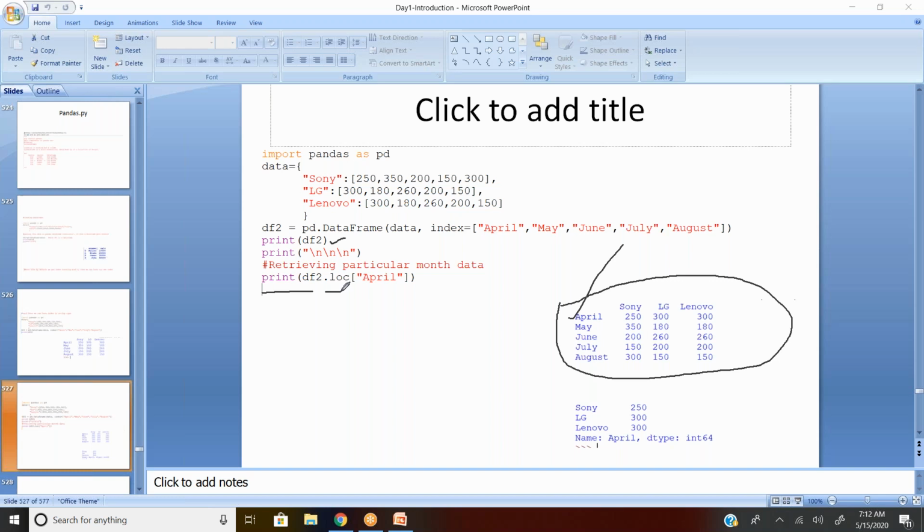There is a difference between iloc and loc. April is a string, so when I have a string index I need to use loc. When I have an index as numerical data, an integer, then I use iloc. So it's a character string, and I use loc with the index position in square brackets. The system automatically displays the April month values.